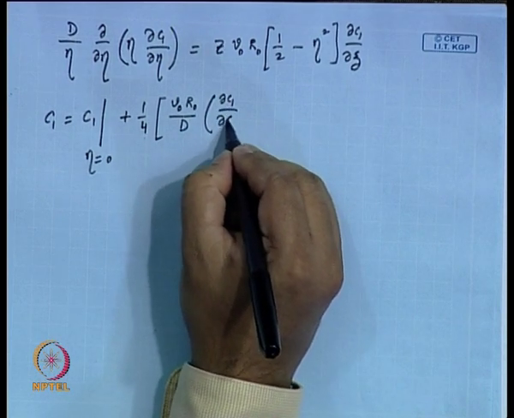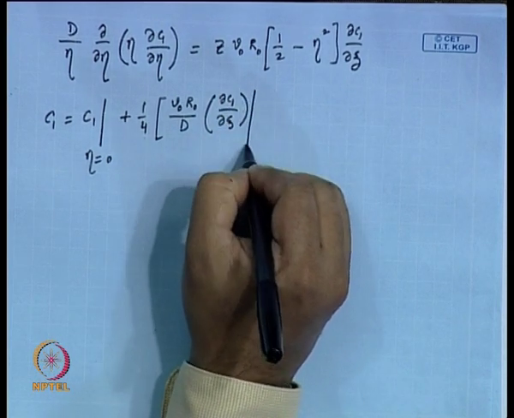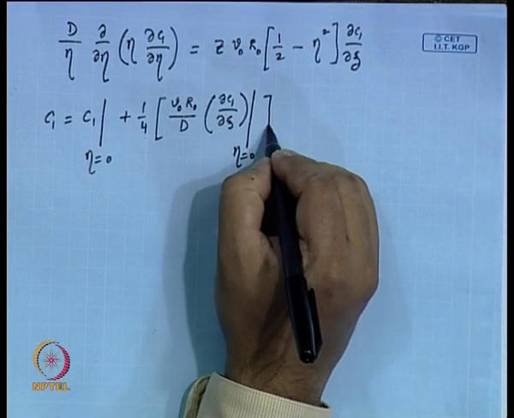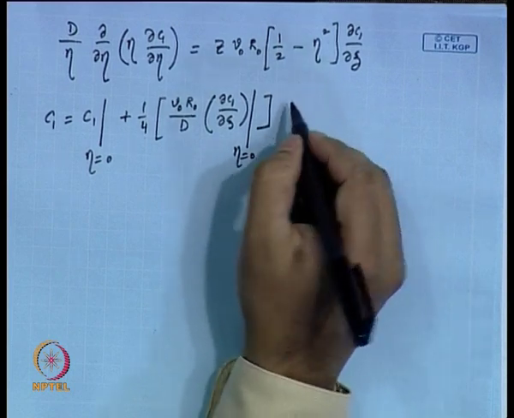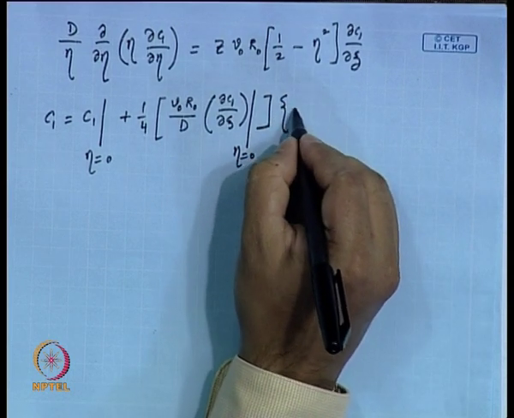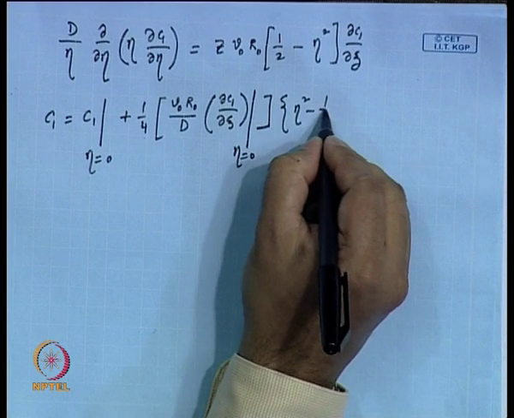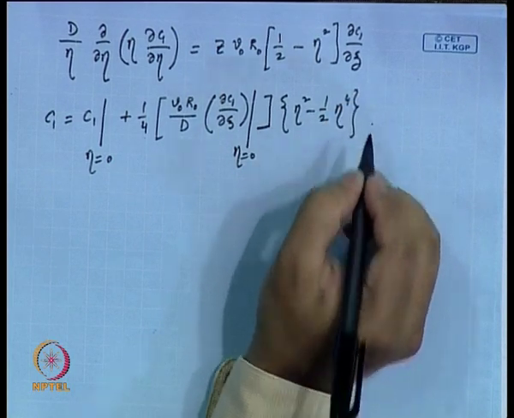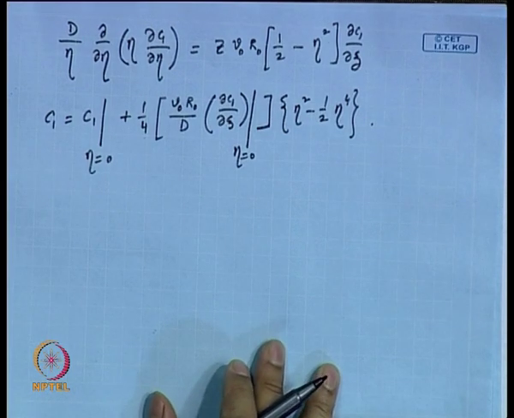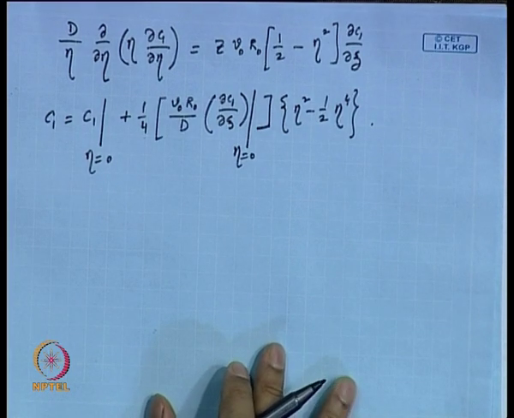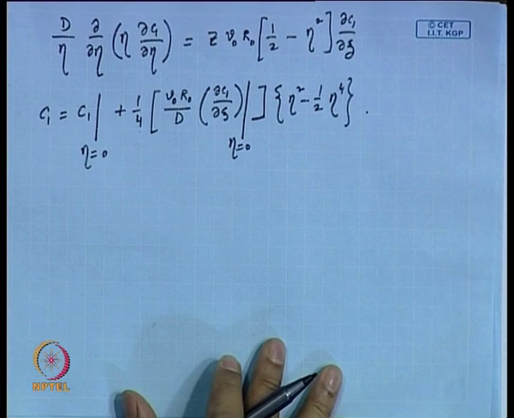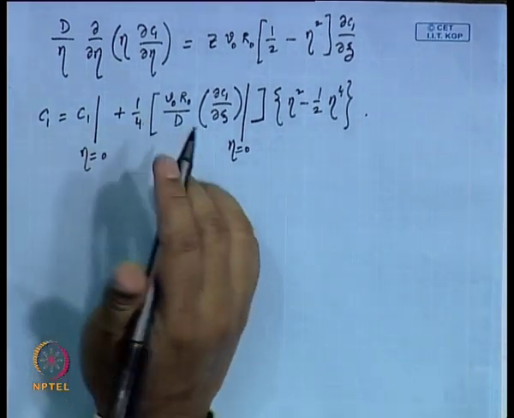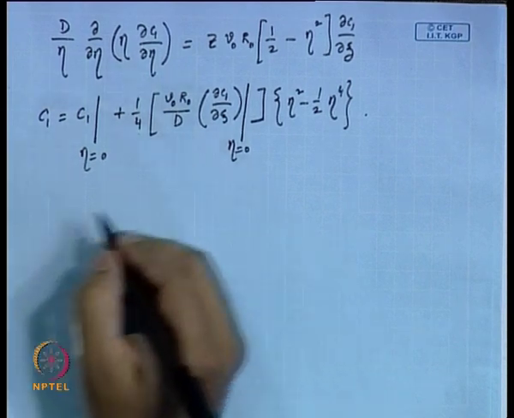del C1 del zeta at eta is equal to 0, into eta square minus half eta to the power 4. This is considered a solution to this equation that satisfies the boundary conditions described before, and then you calculate the